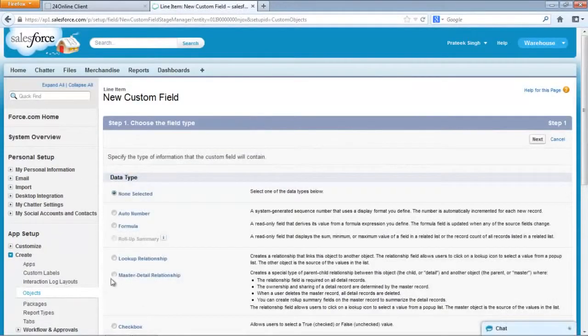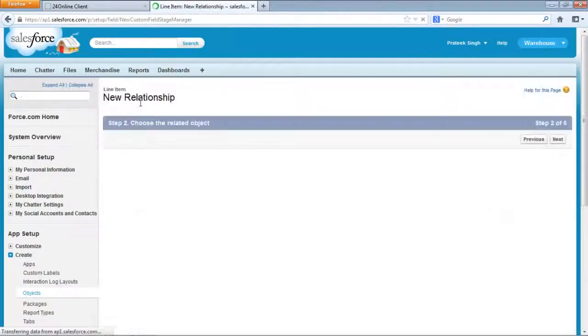See, we have this master detail relationship here. Master detail is like a parent-child relationship, and the object on which we create this relationship, that object is the child, and the object it will refer to will become the parent. And there is one more thing. See, unless and until an object is a master of a child, we don't have this roll-up summary highlighted. It's disabled. So once I click on this master detail relationship, I will show you how it works. Click on next. We are on line item currently, so line item will be the child.